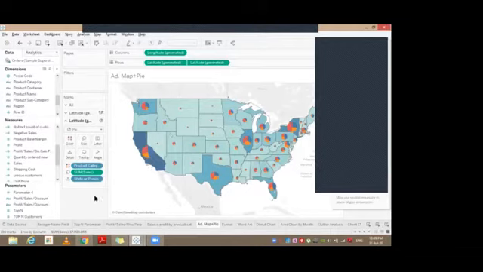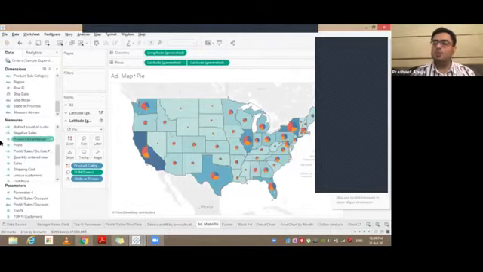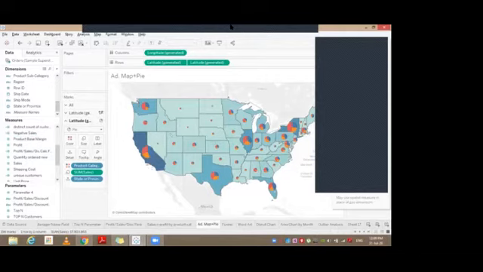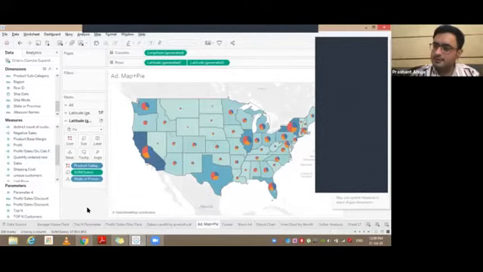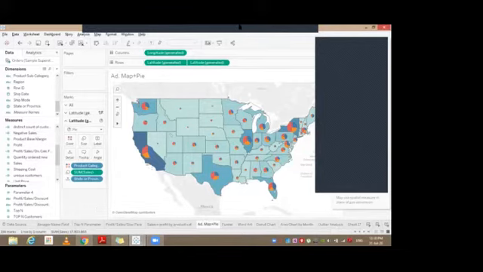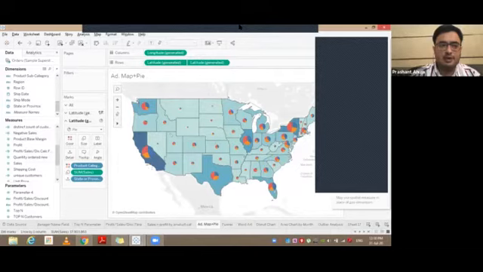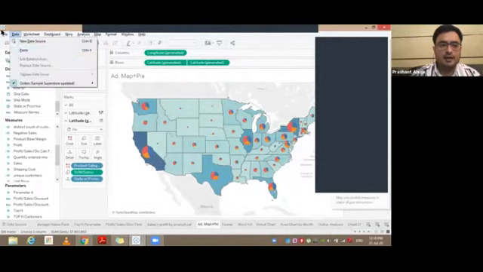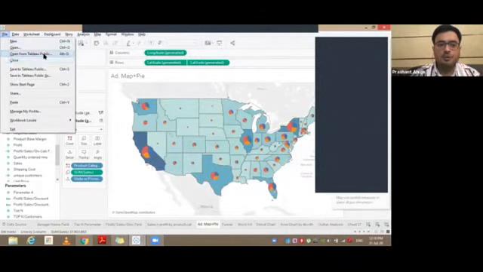Visible now. And these dimensions and measures would come automatically once you upload the sheet. So which version are you on? Is it Tableau Public? How to check the version? You must have downloaded it, and once you click on file, you would see open from or save to. This would give you the name of the version.